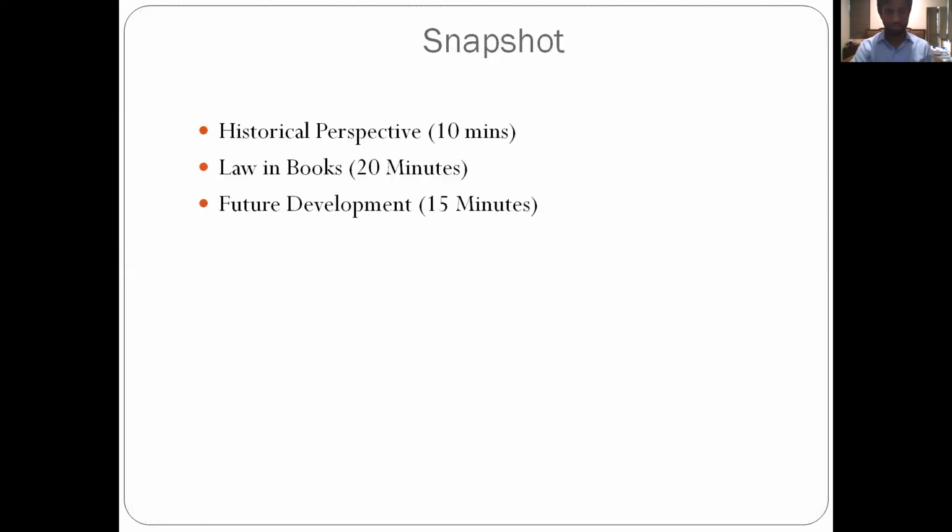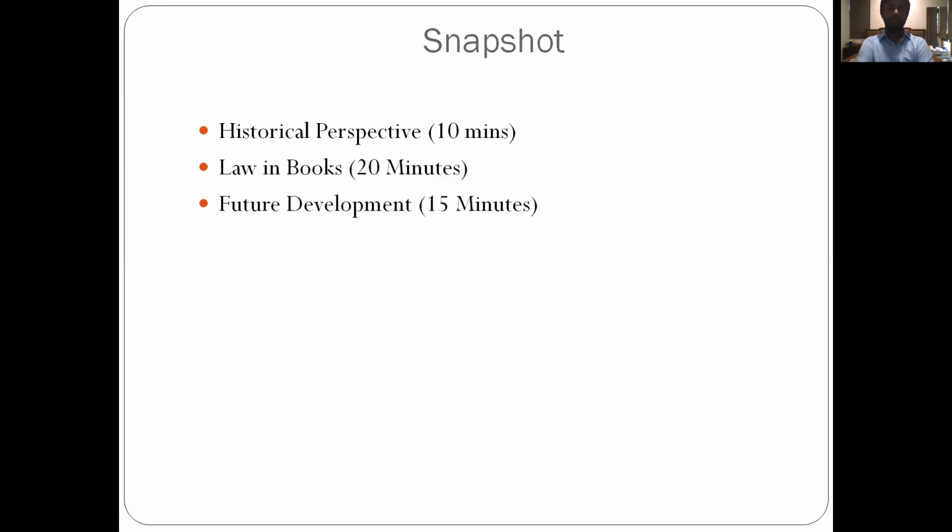Let me get into the actual presentation and what I'll be dealing with. So I plan to deal with it in 3 segments. The first will be the historical perspective, where I will look at what the position of the law has been historically since about independence. I'm doing an analysis of about the 85 to 2000s. The second is what the law is, how it exists in the books today. So what is the code? What does it actually say? How did the code come about? And the third is any future development where we can possibly see the law go.